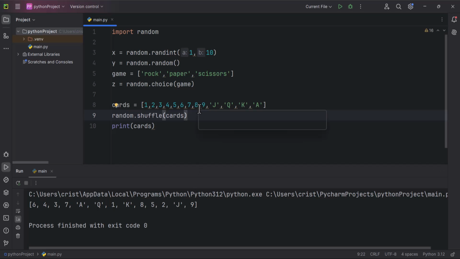Alright, this is how you can use the random module. These are the useful methods that can be used with the random module, and I'll see you in the